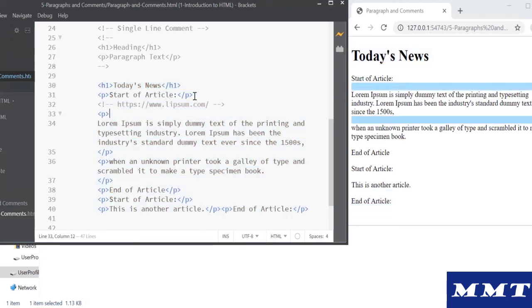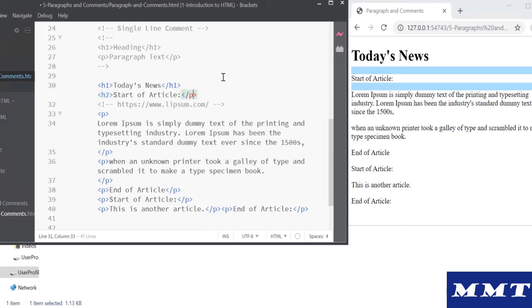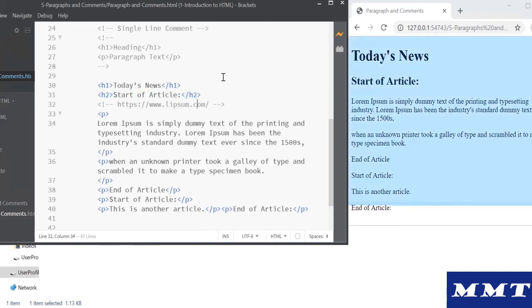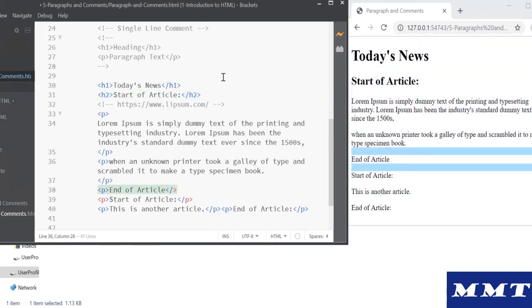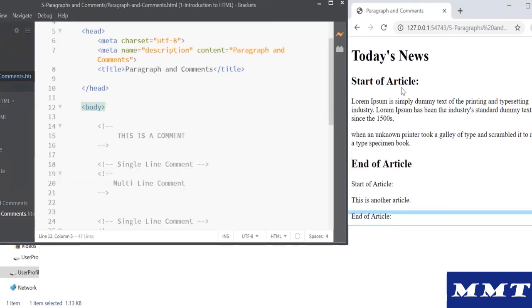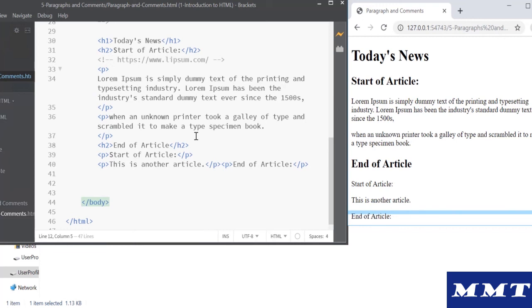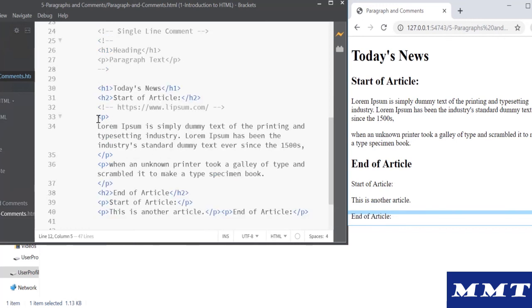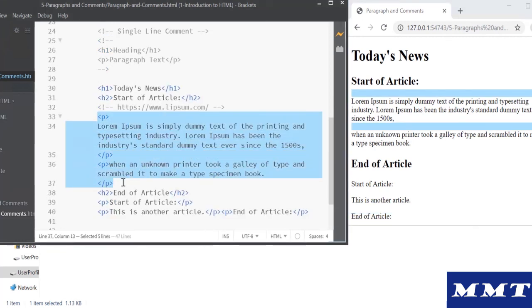And sometimes you want to say, okay, I don't want to have my start of article in a paragraph. Maybe you choose to have h2 here. So this is how you play around with h1, h2 and paragraph. If you want to have different sizes of your title, you can deal with h1 to h6, and for all the text that you want to write as a paragraph, you define it under the p tag.